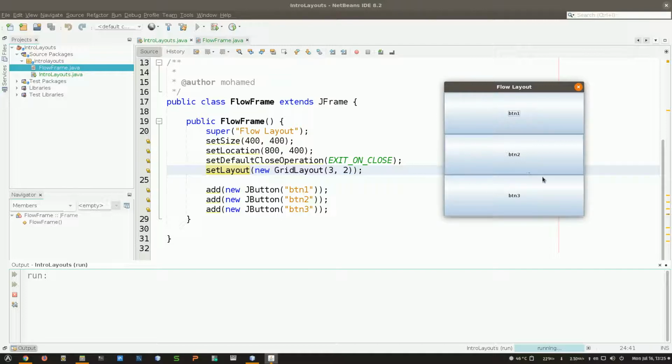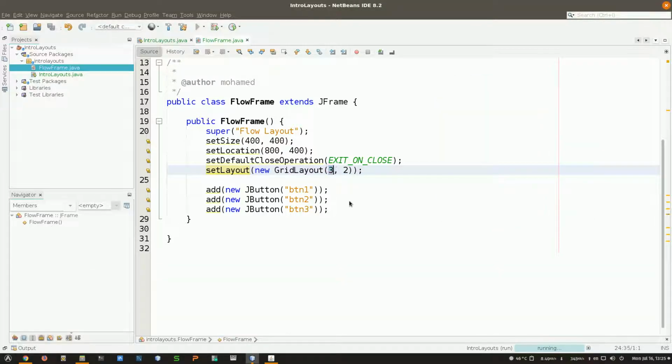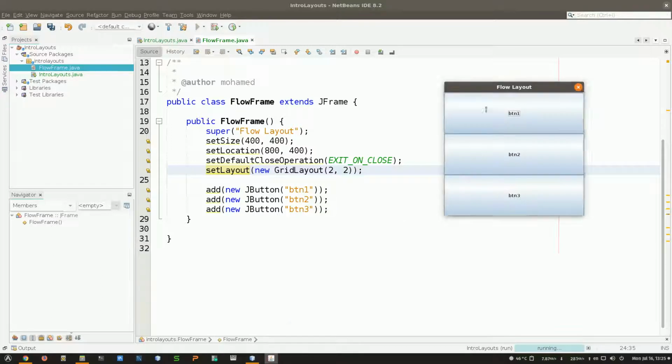Well, I said 3 by 2. Because I have 3 by 2 and no more controls, which means I have 3 rows and 2 columns. By doing so, it just keeps filling one at a time, and when it's done, there's no more space for the rest. Now if I'd like to see them differently, let's put 2 and 2 because I have 3 controls. Now by putting 2 and 2, this is going to become